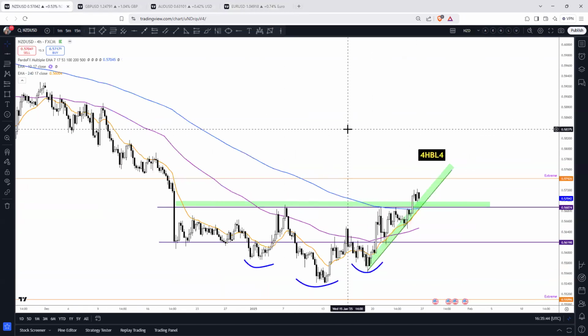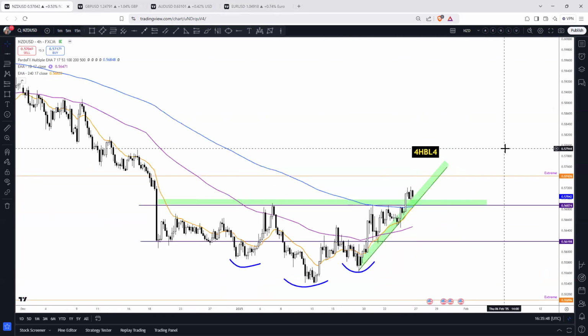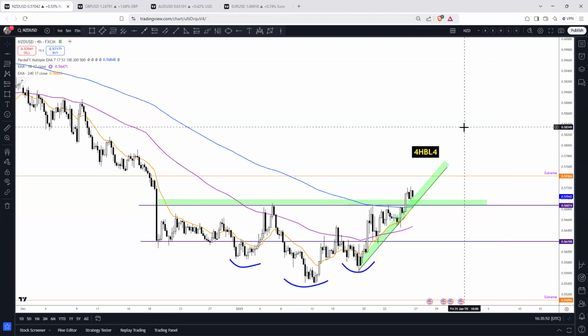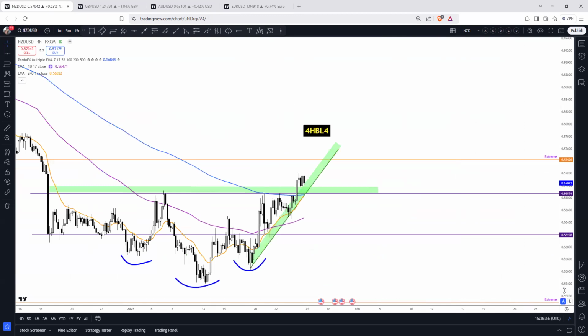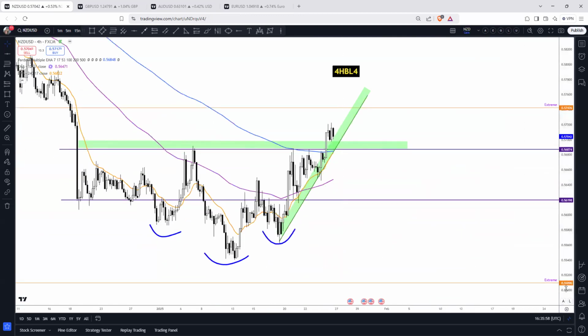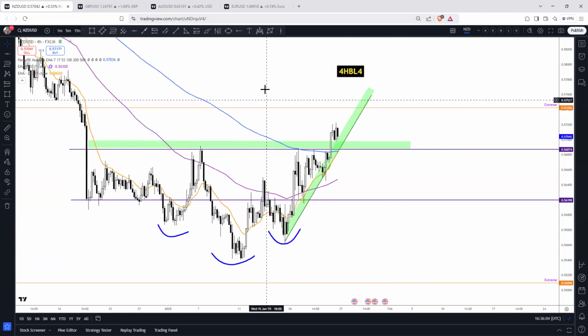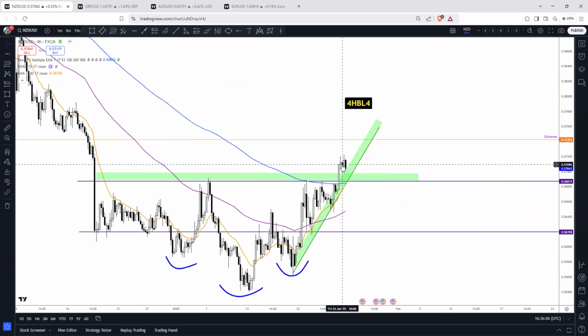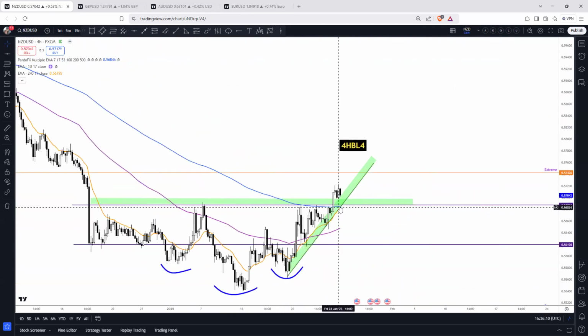Kiwi dollar is a very similar setup, and you'll find the same on most US dollar pairs, that we are looking bearish on the US dollar. The Kiwi didn't quite reach where we expected it to on the downtrend, about 0.55. So potentially it will go back down to there at some point. But with a sort of Frankenstein head and shoulders reversal and a test of the 200 EMA, we're looking for the uptrend to go long.